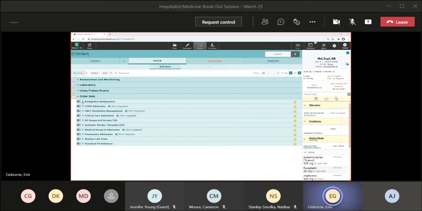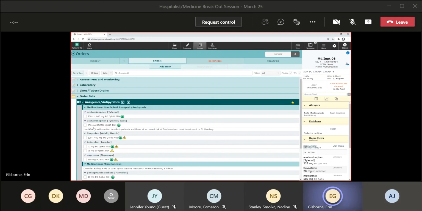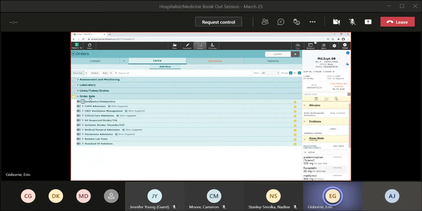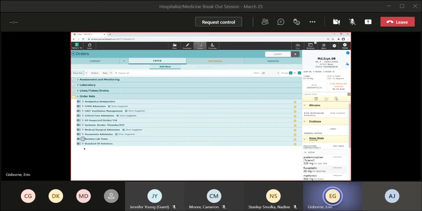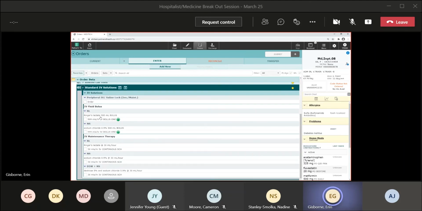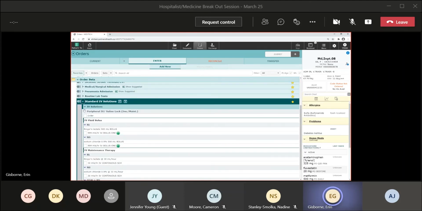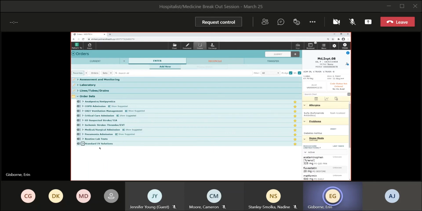So order sets, like I said, we have convenience sets, which are those smaller sets, so like the analgesics, antipyretics that I showed earlier, but also there's routine lab tests where I can go in there and have those easily available for me, or standard IV solutions if I needed to give my patient a bolus or start them on maintenance therapy. So there's always things outside that you'll get used to as well as you start to look through the order sets. And like I said, as we get closer to go live, we'll be releasing a list of the order sets to the chiefs, and the chiefs will be sharing that with the department. So you'll know ahead of time what you'll be able to have access to in the system. And then we'll have our big admission sets as well, which we went over